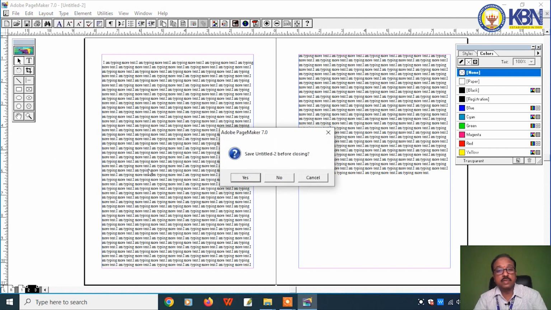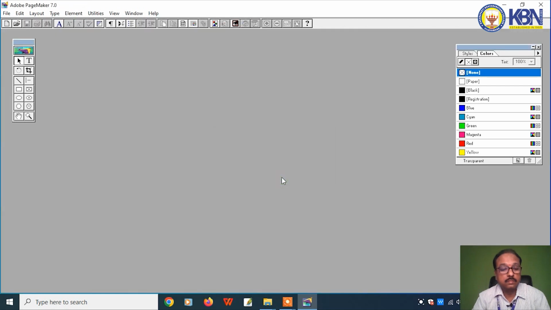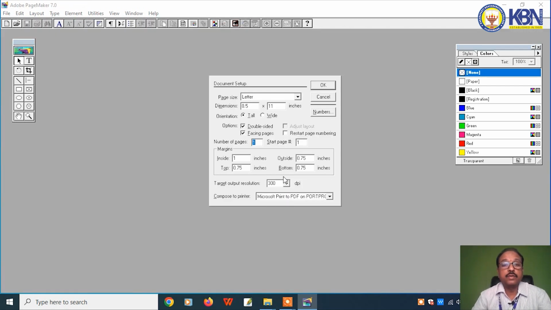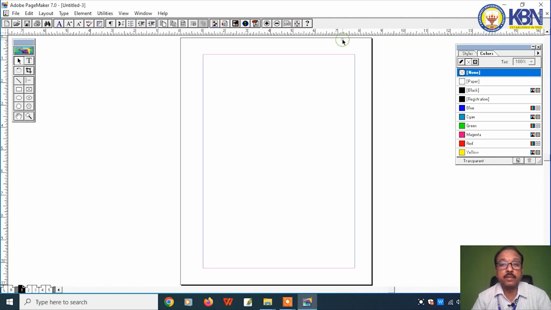I am closing this document. I am taking one more new document. Control plus N, new document. Number of pages I am taking as 5. For example, I want to sort 5 pages. So I took 5 pages by Control N and I am putting objects. This is my first object,